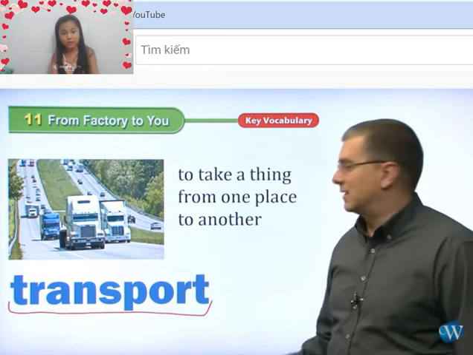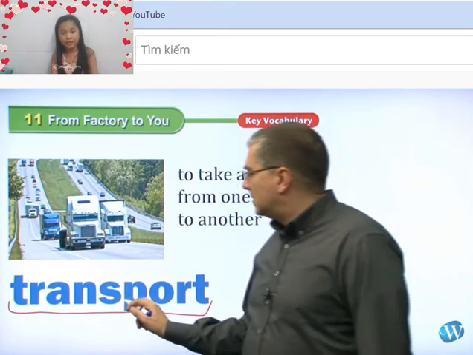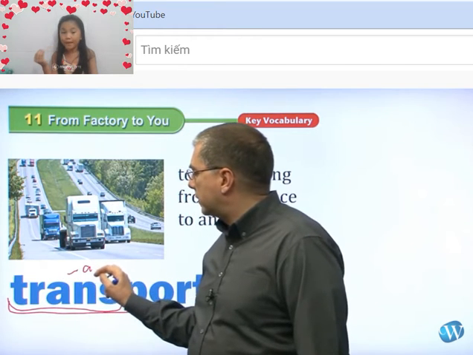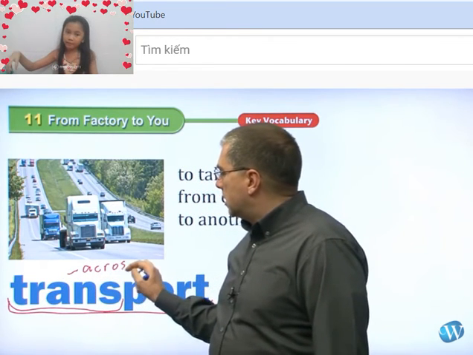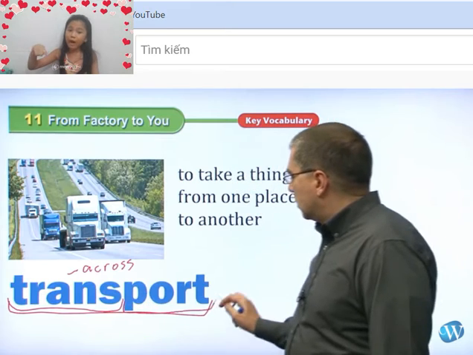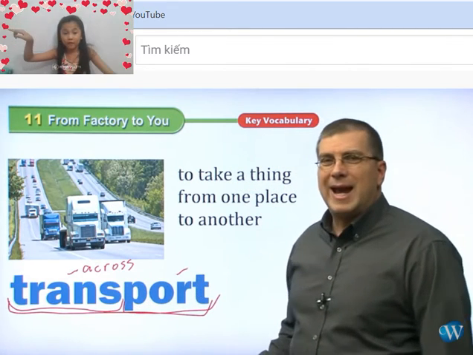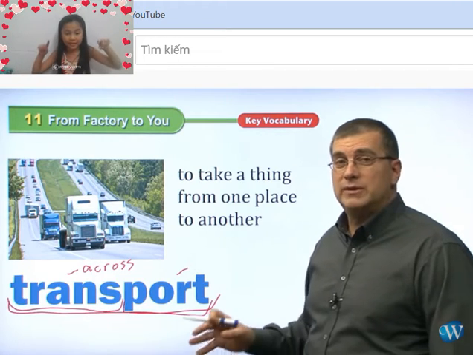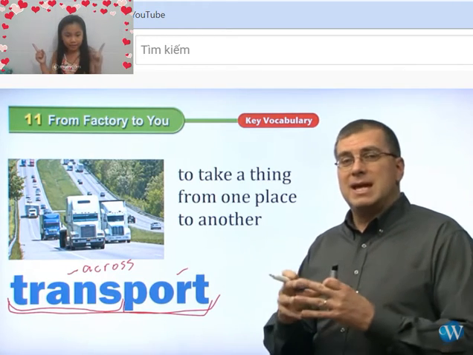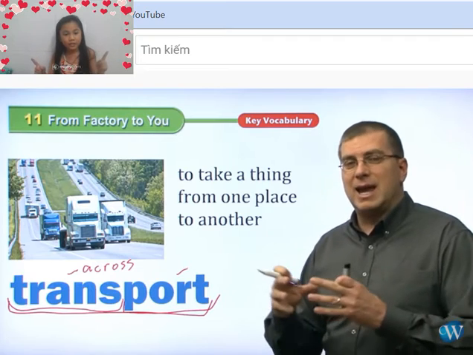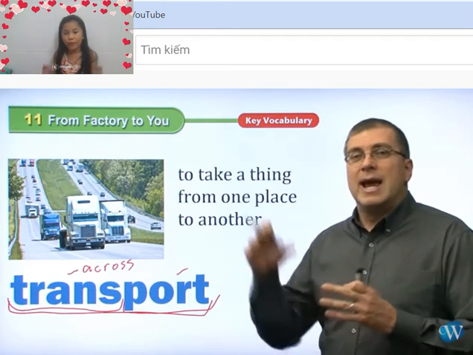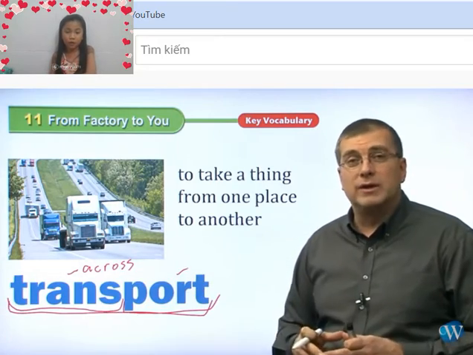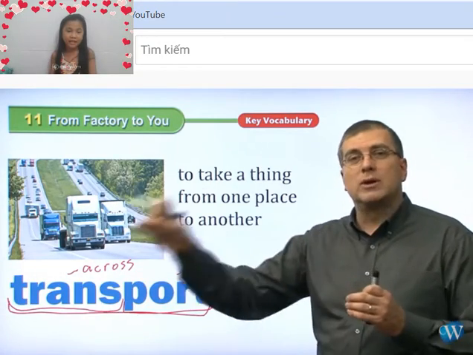Transport means to take a thing or many things from one place to another place, from A to B. Like a cross-border, or airport, or any port, or carport.